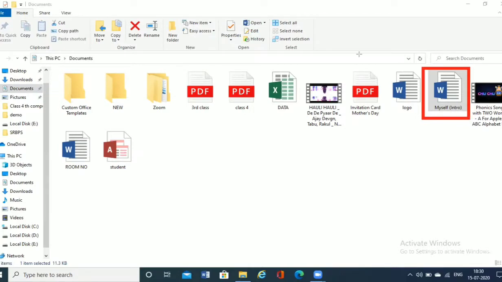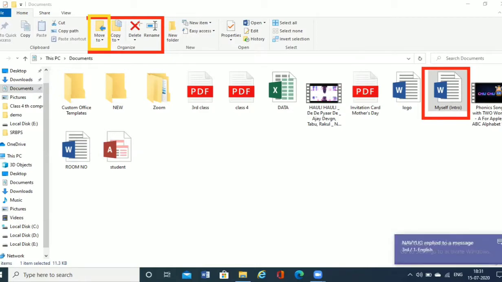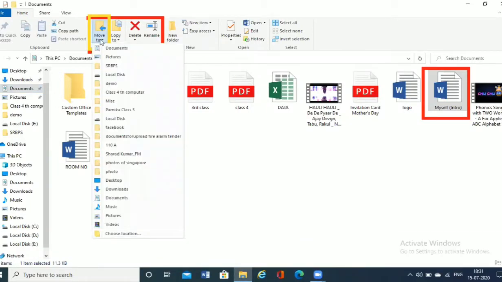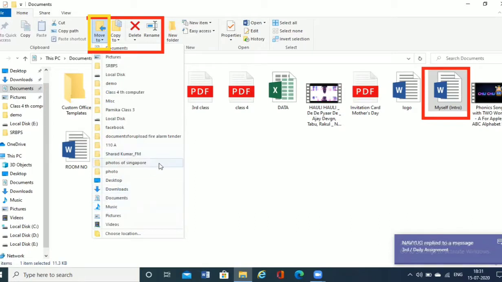I will select this file, then go to the Organize group and select the option named Move to. As soon as I click on Move to, a drop down menu will appear. In this drop down menu, you have to choose the place where you want to move this file. I want to shift it to Desktop.